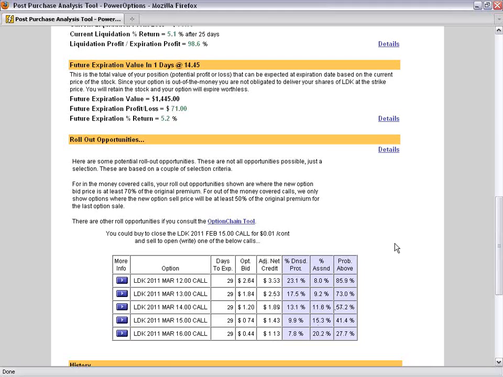Now, what am I evaluating right away when I look at these positions? Whenever you open any position, you should always have in mind what your goals for the position are and what your expectations are. Naturally, with this position, when we entered it during the webinar on 1/24, my expectation was, okay, well, let's assume that we think the stock's going to be trading above 15. We're looking to get assigned for the full maximum profit.